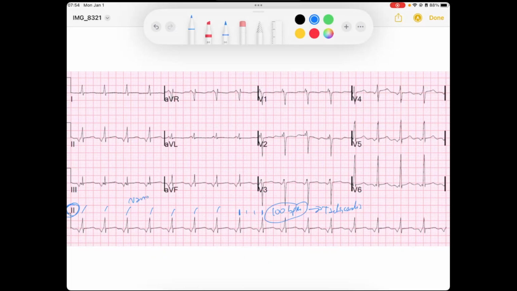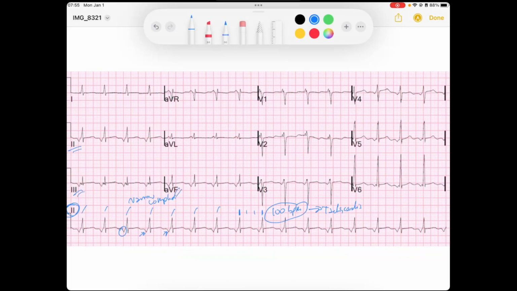Narrow complex. That makes me think that, okay, it must be coming through the AV node, through the ventricle. So this must be an arrhythmia that is either at the AV node or above the AV node. And so my next thought is, well, what is my atria doing? I see there's some atrial activity for these QRSs, but when I look at my limb leads here,